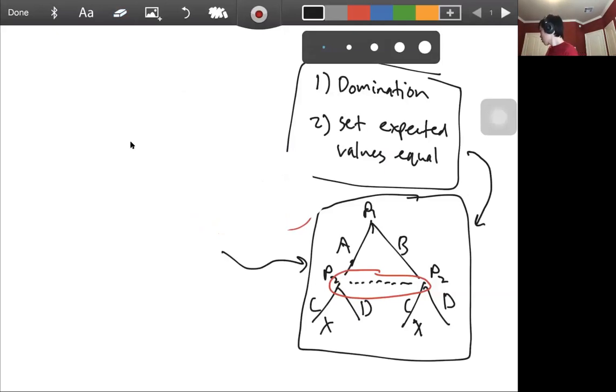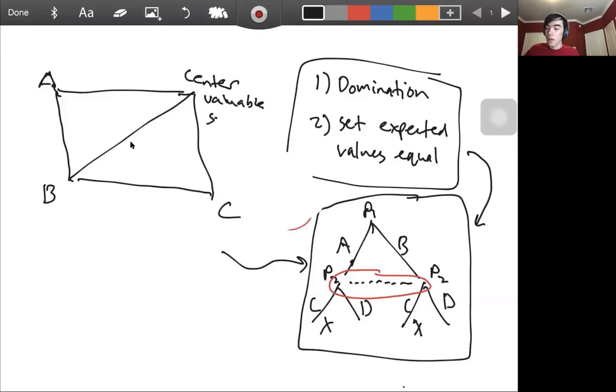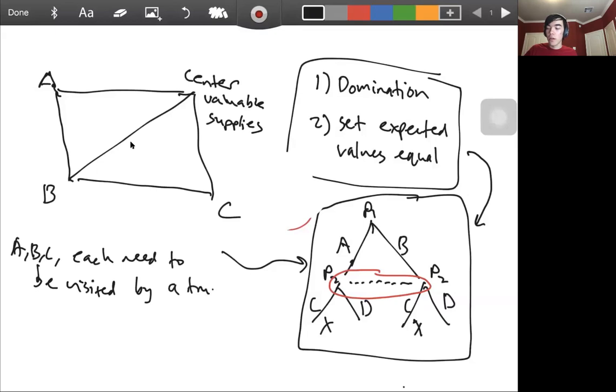Let me give an example game. So let's say we have cities A, B, and C. And we have this center. Maybe the center has valuable water or valuable supplies or something. So all the cities A, B, and C each need to be visited by a truck from the center. So if I mark how long these roads are,